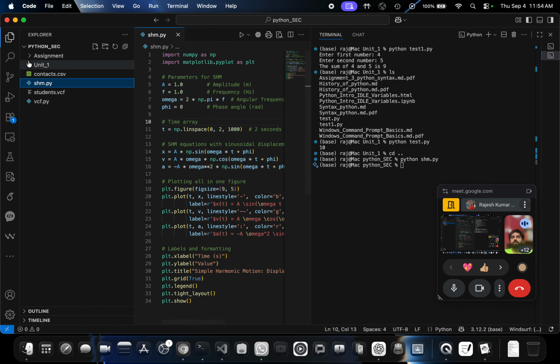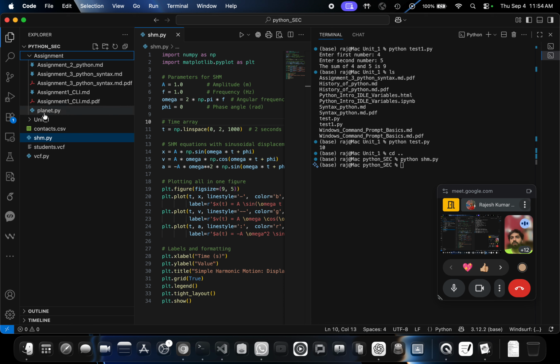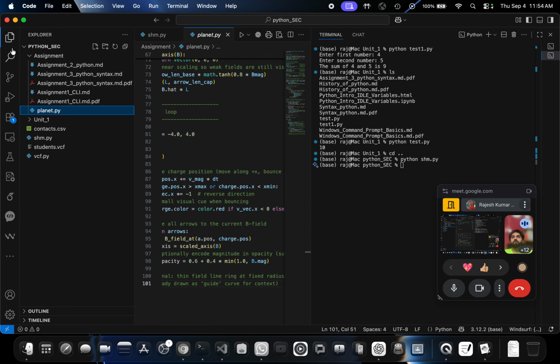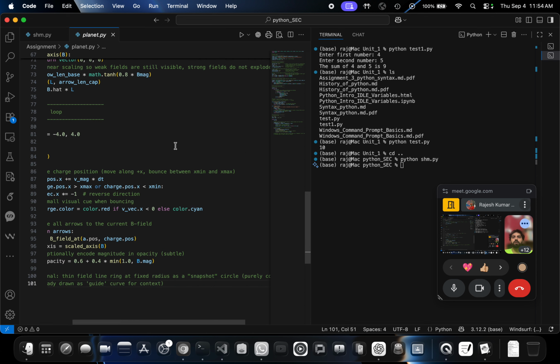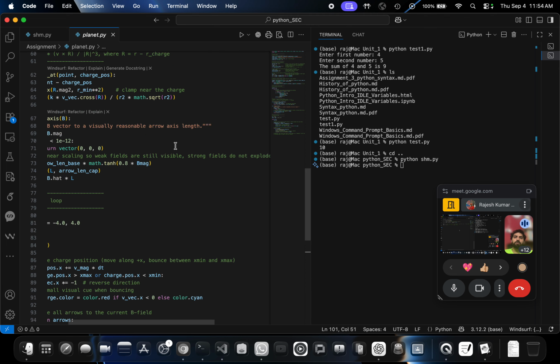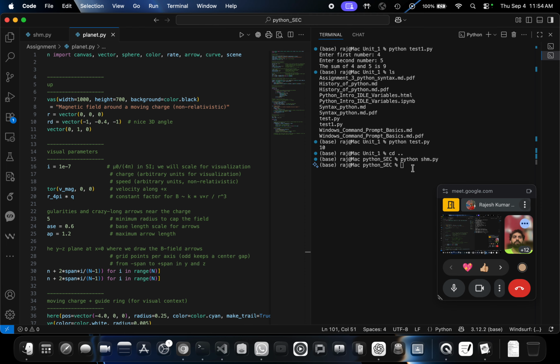And one more example, VCF was not that, assignment maybe. Yeah, planet. Yeah, planet is one more example, which is under the assignment folder. So Python can also be used to simulate some simulations. So I am inside assignment.